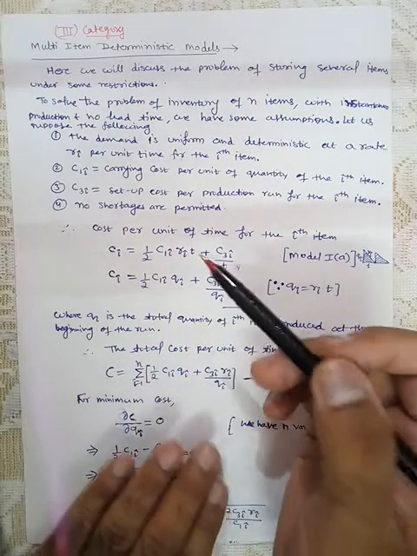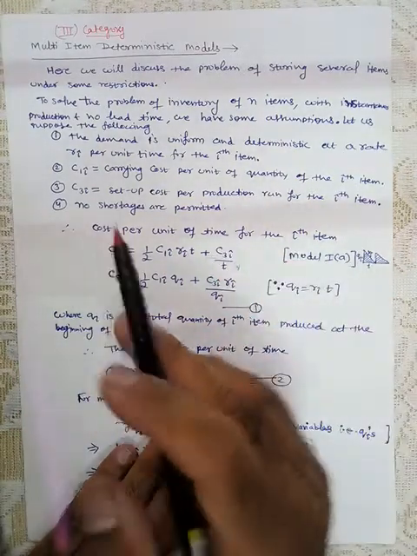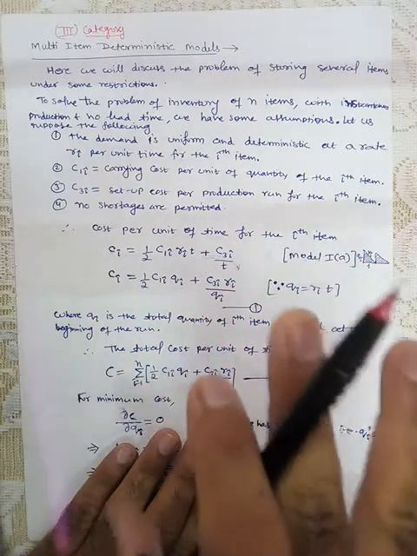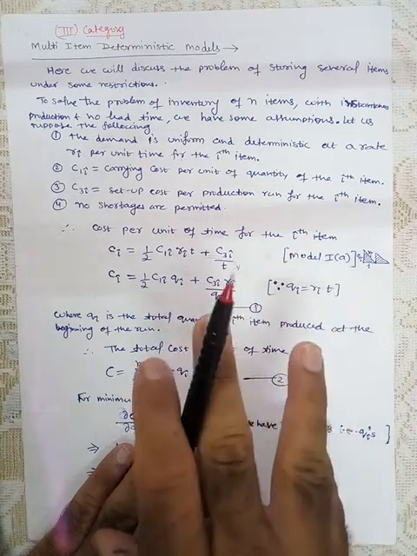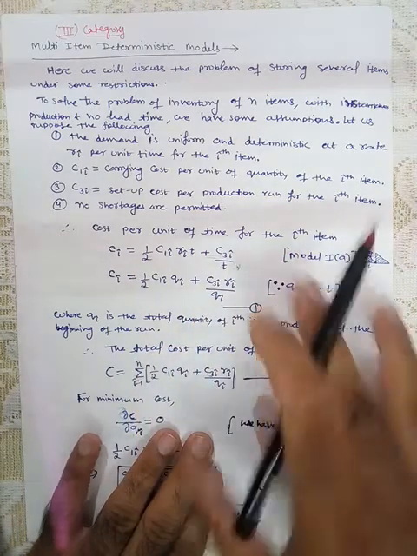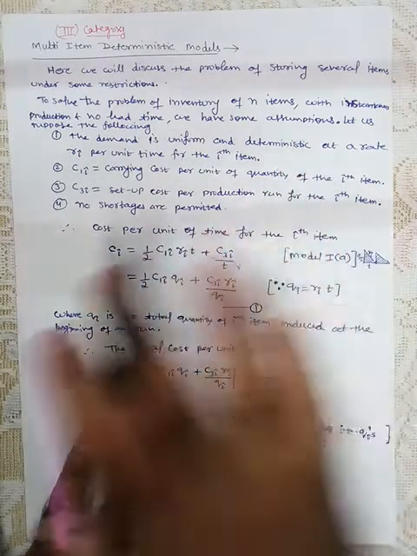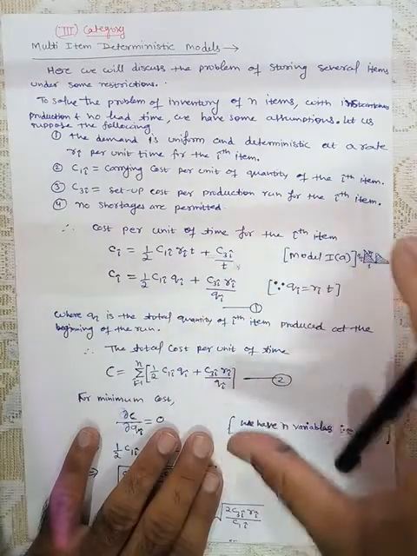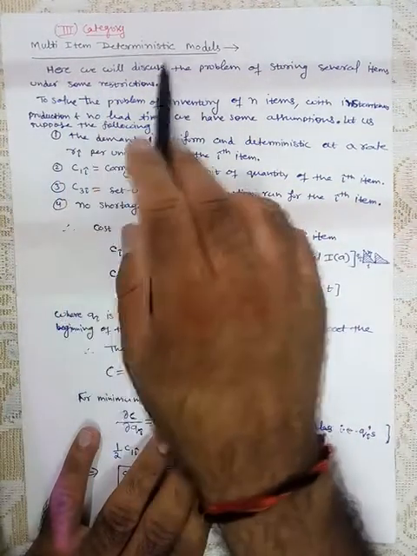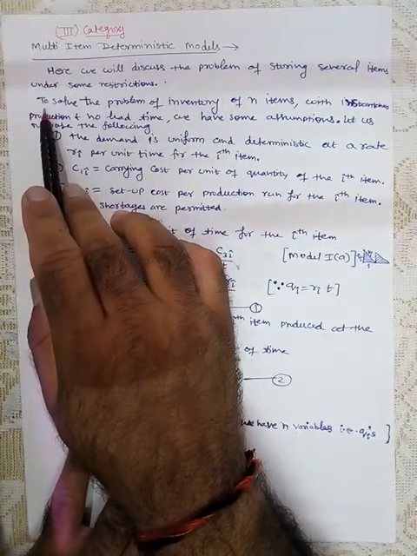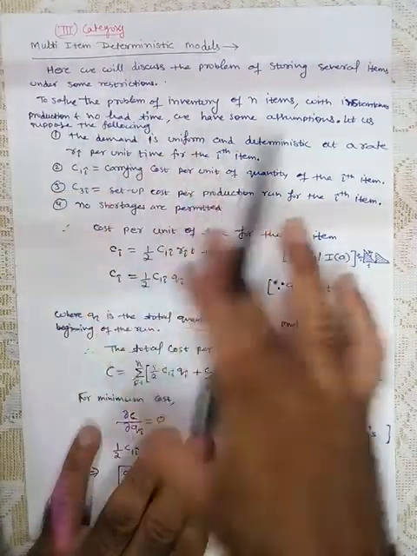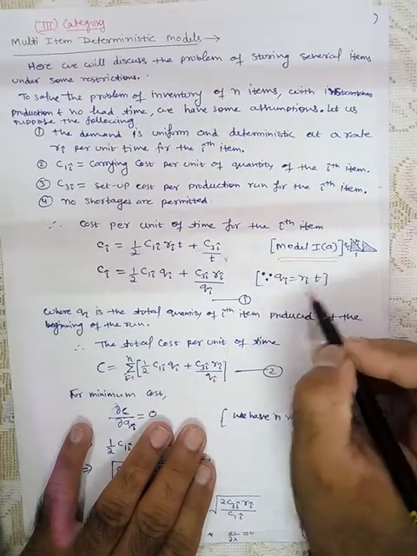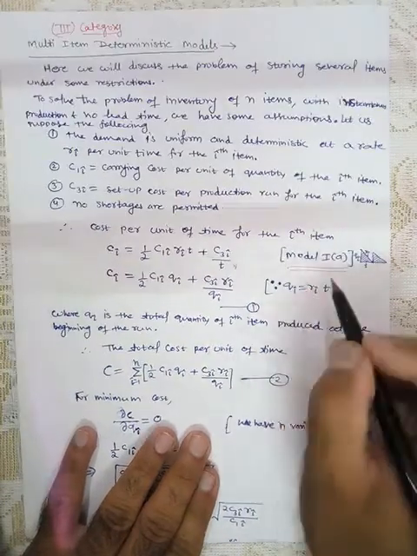In the previous models we have stored only one particular kind of goods in our stock and developed the inventory model. However, here we are taking different kinds of items simultaneously. So how to deal with this problem? This is the multi-item deterministic model. So what is the assumption? Basically here we are considering model number 1a for each item.